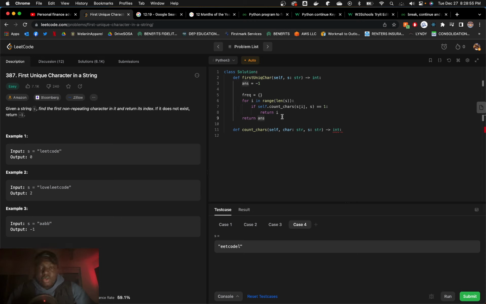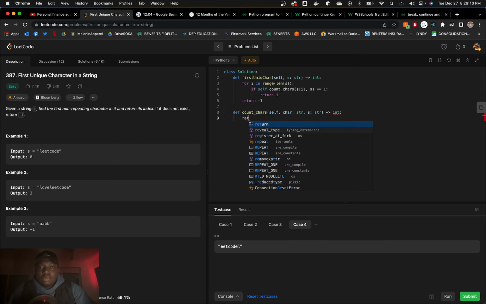Return I, otherwise return -1. Right? So the count characters function now says return from the sum of